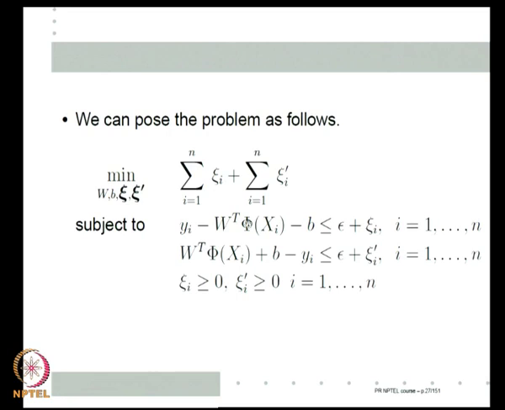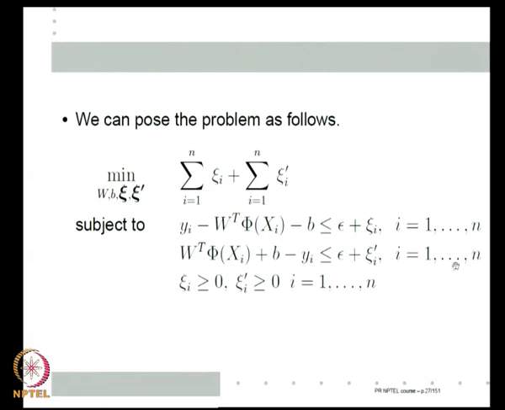If one of them will be negative, so only one of these constraints is really useful. If that is less than epsilon, I am done. If it is not less than epsilon, I am using a slack variable ξ_i. So, I need two sets of slack variables ξ_i and ξ_i prime. That tells me by how much the difference between y_i and w transpose phi(x_i) plus b differs from epsilon.